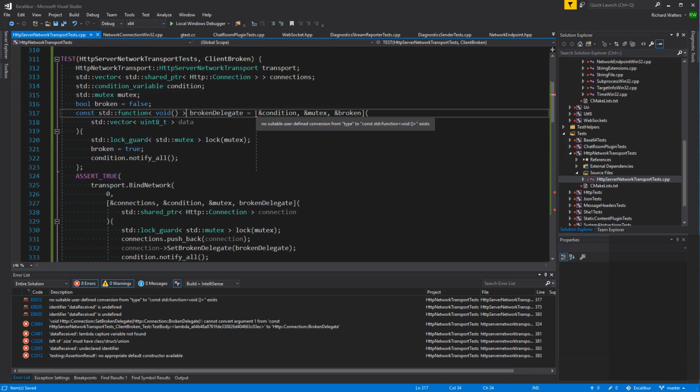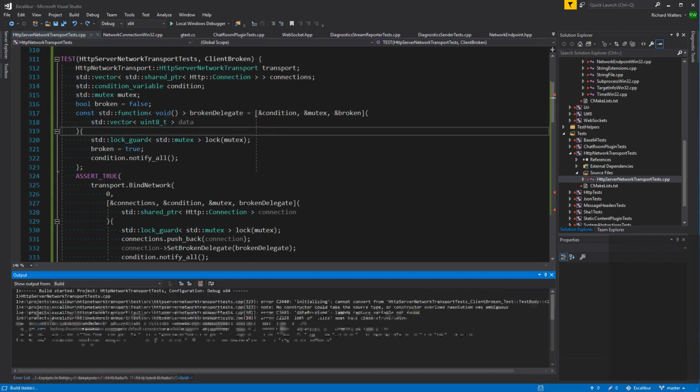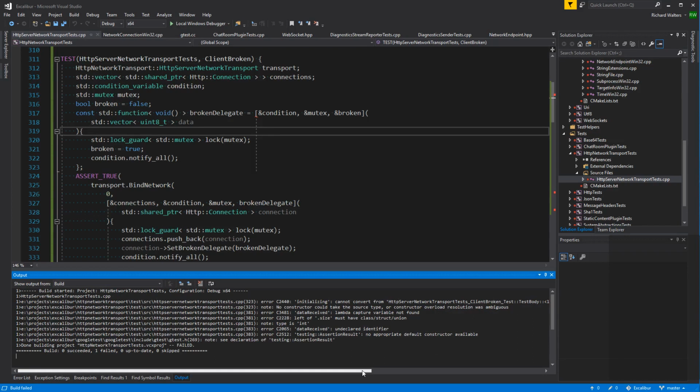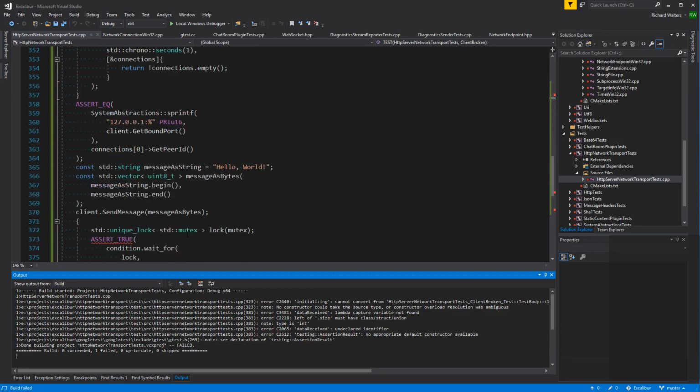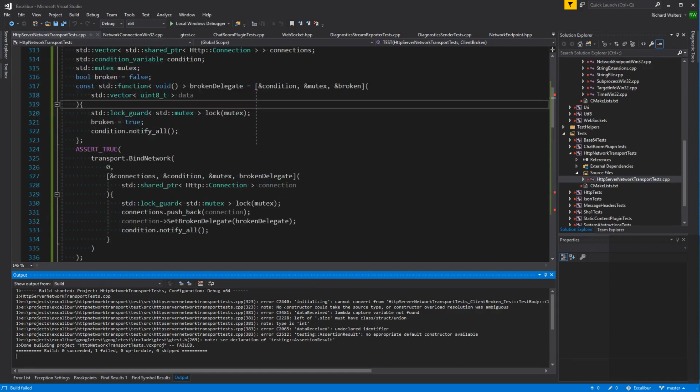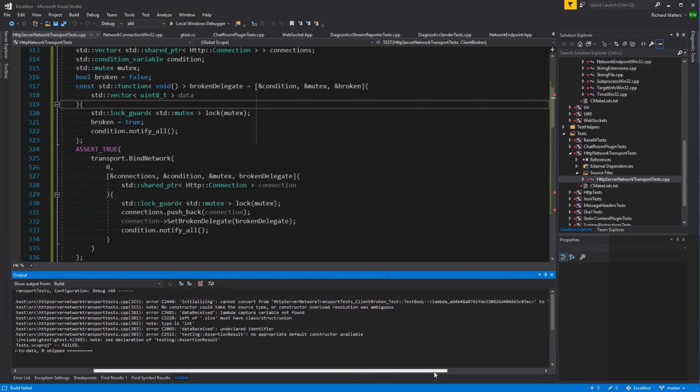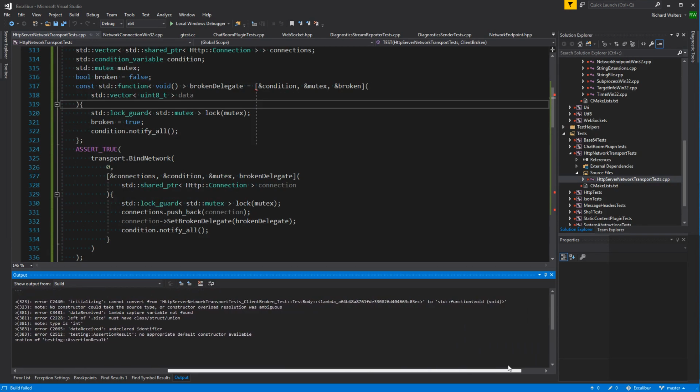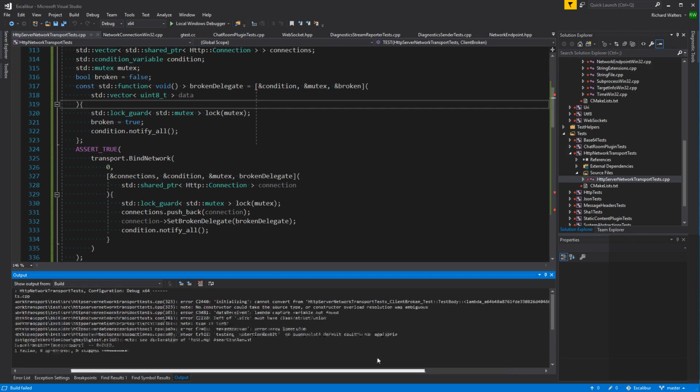Why not? Is it because that's const? No. What's the deal? Cannot convert from that to a function. Why not? No constructor could take the source type or construction overload resolution was ambiguous.